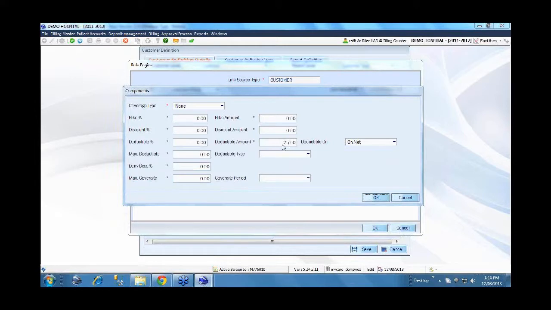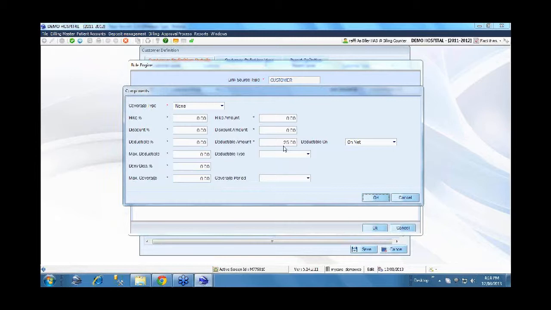So a fixed co-payment amount of $25 needs to be deducted from the patient every time a consultation service is provided. Meaning if the total charge is 100, $25 will be paid by the patient and the remaining 75 will be paid by the insurance company. So what we are specifying is the amount which needs to be deducted, and it is applicable on the net. So this is one rule.